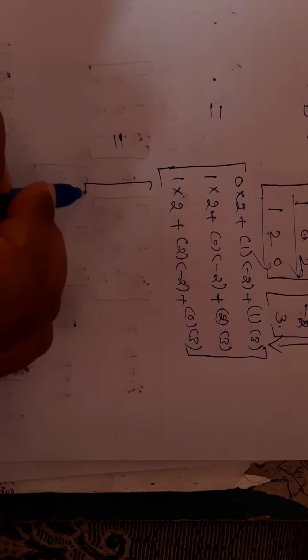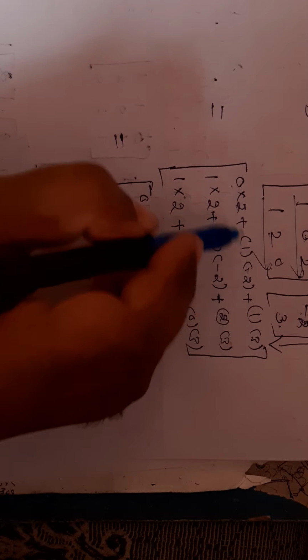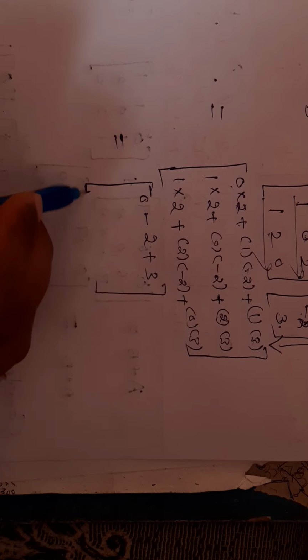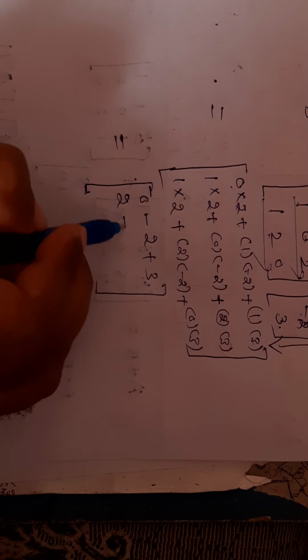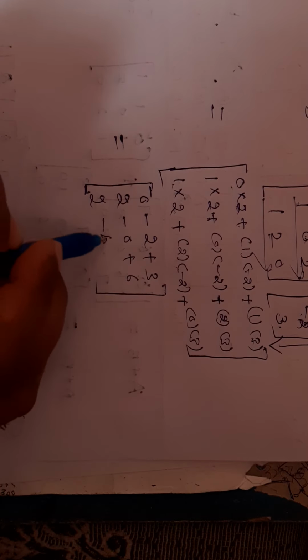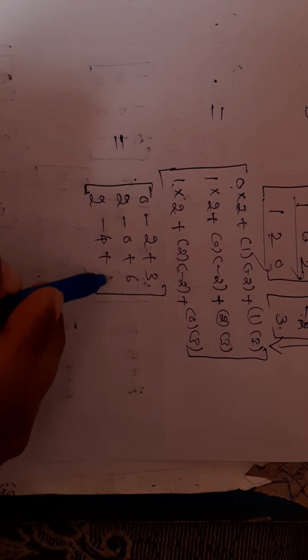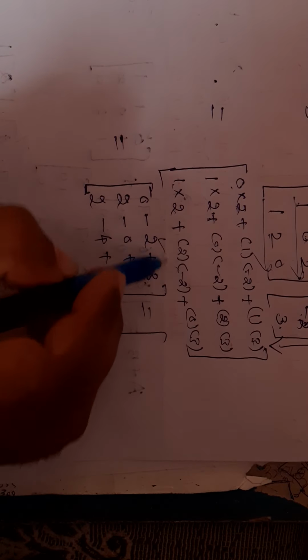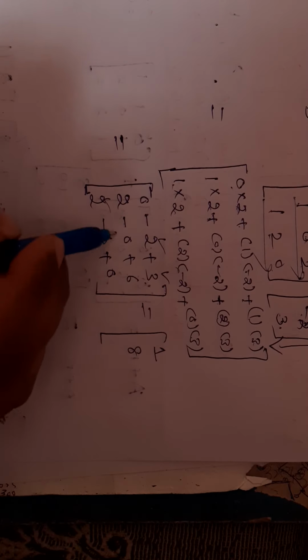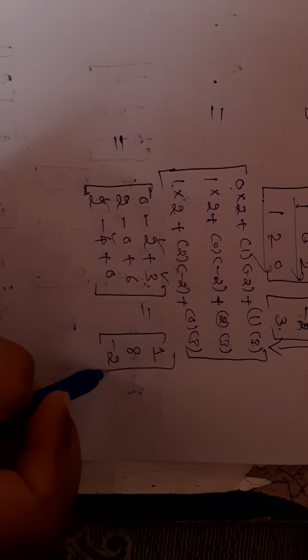Then you can write the step here. 2 into 0 is 0, then minus into plus, minus 2, then plus 3 into 1, that is 3. You can close the bracket here. 1 into 2 is 2, then minus 2 into 0 is 0, plus 6. Then 1 into 2 is 2, plus into minus, minus 2 2s are 4, plus 3 into 0 is 0. Then minus 2 plus 3 is 1, 6 plus 2 is 8, then 2 minus 4 is minus 2. So this is BC.